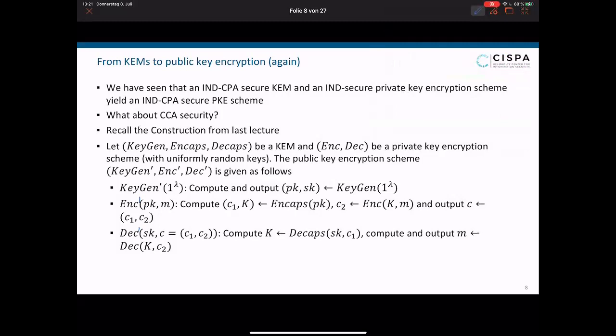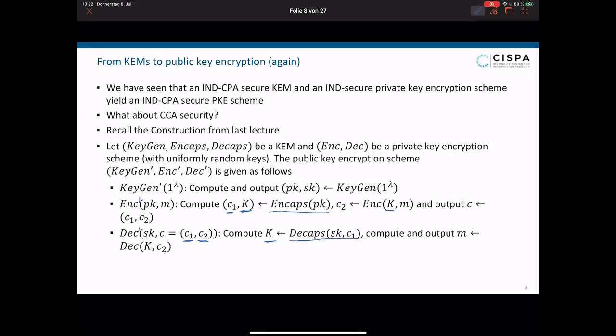Enc prime first runs the Encaps algorithm to get a ciphertext header C1 and a symmetric key K, and then it uses the symmetric key K to encrypt the message M with the symmetric key encryption scheme. And Dec prime really does the same thing as before. Given a ciphertext consisting of header and payload, it first decapsulates the symmetric key K from the ciphertext header, and then uses this symmetric key to decrypt